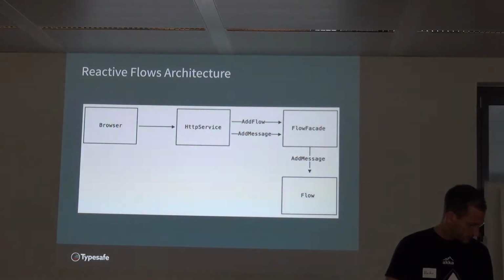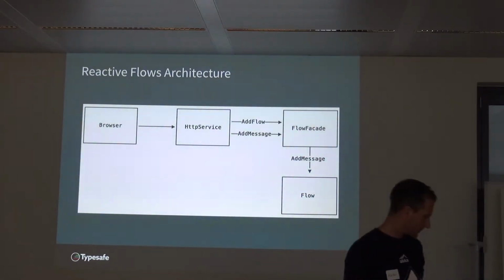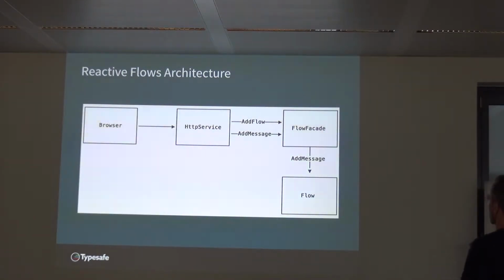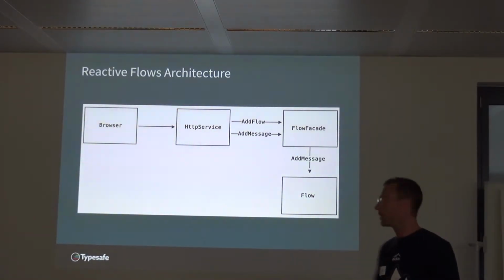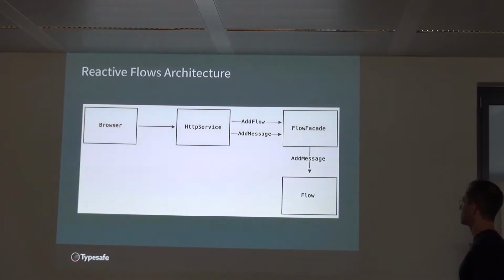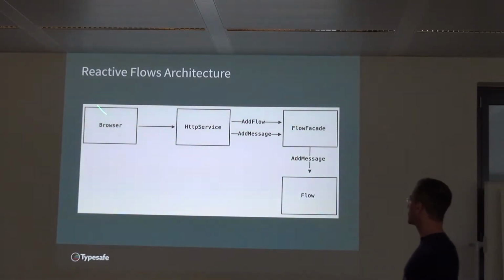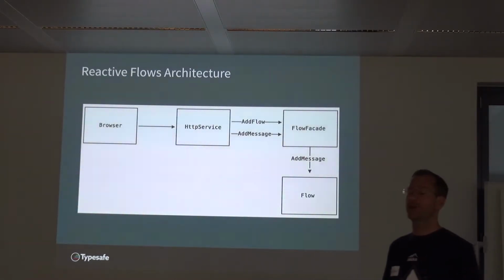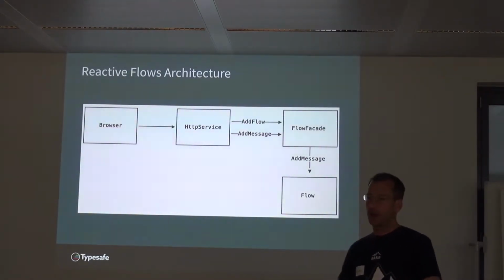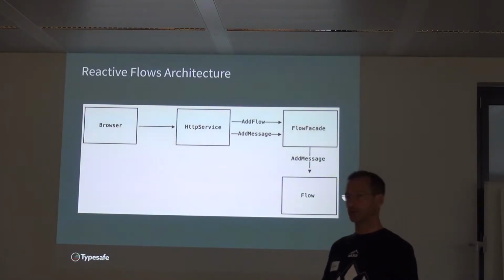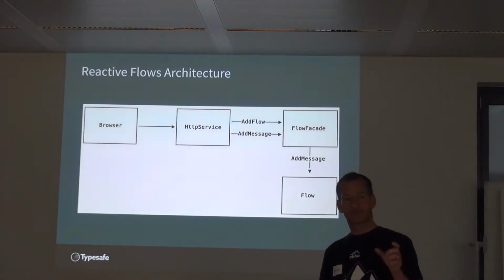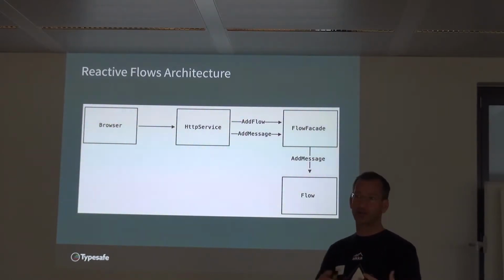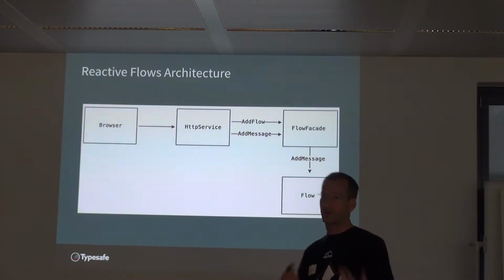And how does this go in an asynchronous way? Yeah, okay. The question was, how do the messages flow? So here's a couple of components which are important here. So first, the browser sends a HTTP request. So the former Spray IO has been incorporated in Akka 2.2 as Akka IO. It's non-blocking IO based on actors. Okay, it's using Java NIO from actors.